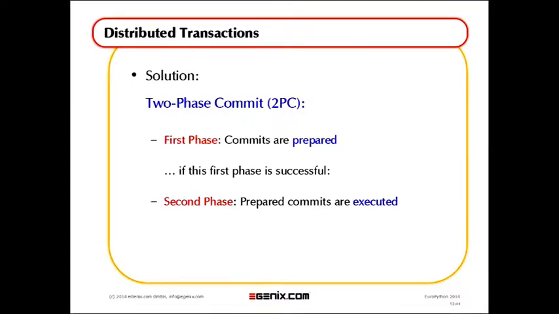Now the typical buzzword that you'll hear when talking about distributed transactions is two-phase commit, which is the standard method of approaching this problem. It works like this: you have a first phase, in which the commit is prepared, so all the different databases are asked whether the commit would succeed with a high probability. And if all databases say yes, then you go to the second phase and you actually do the commit.